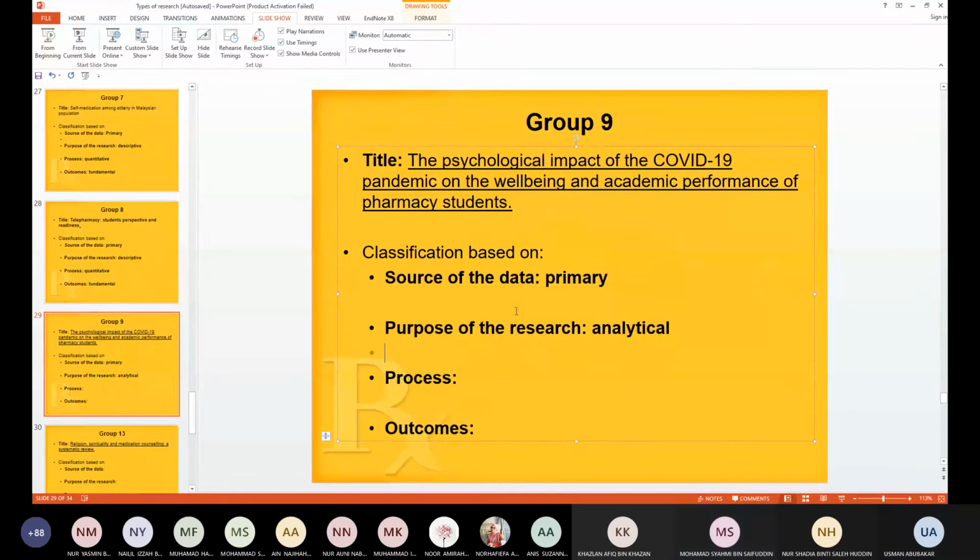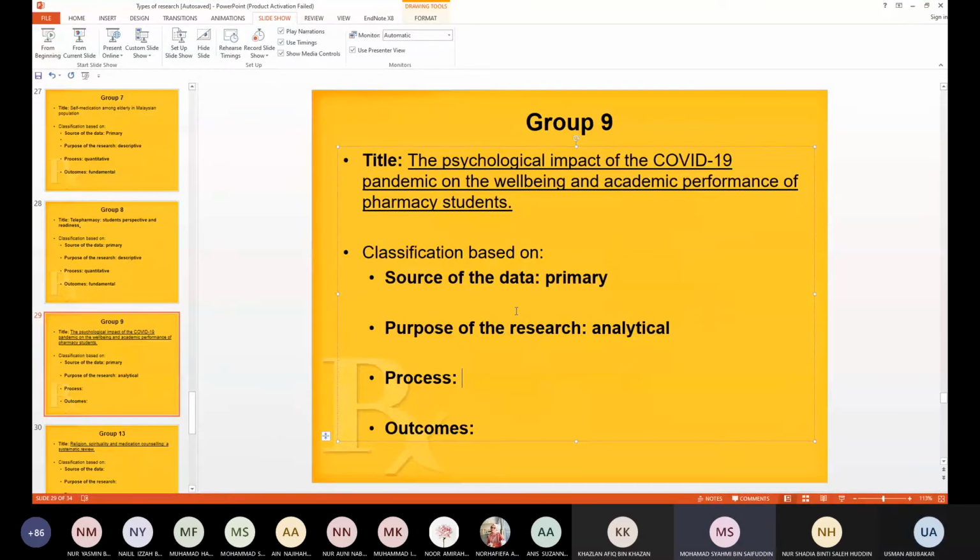The process, I think it's going to be qualitative because we are going to see how the students are feeling during the situation of the pandemic. Okay, but do you have any? All right. What tool do you want to use for your data collection? Is it online surveys or interviews or focus group discussions? So far, we are going to go with the online survey. Only? Yes. So I think more is quantitative.